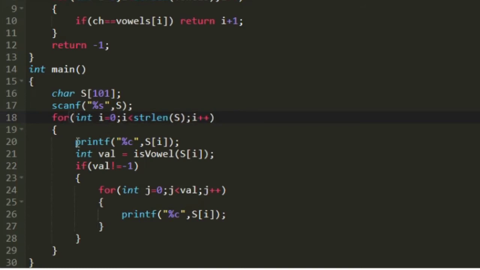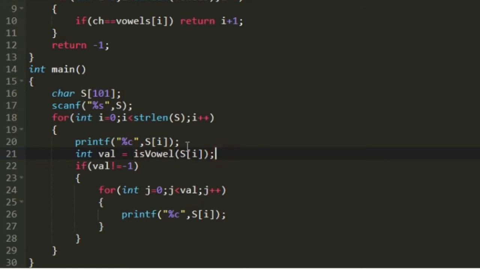We need to print the character anyway, either it is a vowel or a consonant, for at least one time. So in the first line within the loop I am printing the character first and after that I am going to check whether the character is a vowel or not. I am creating another new integer variable named VAL, in which we will be storing the integer returned by the function isVowel.